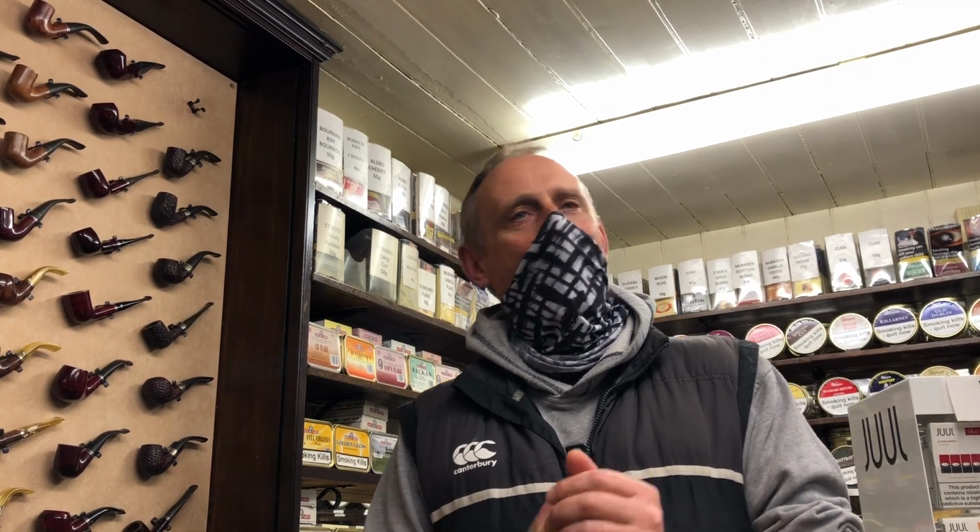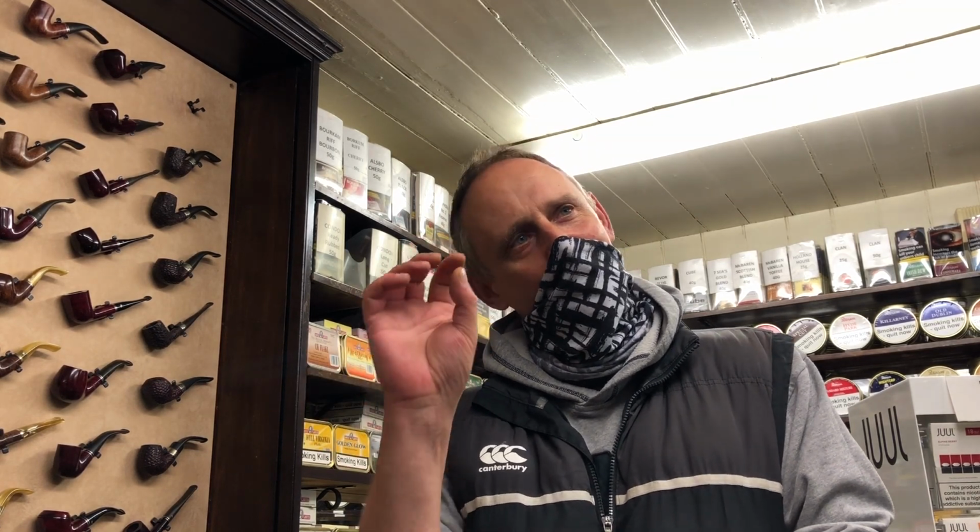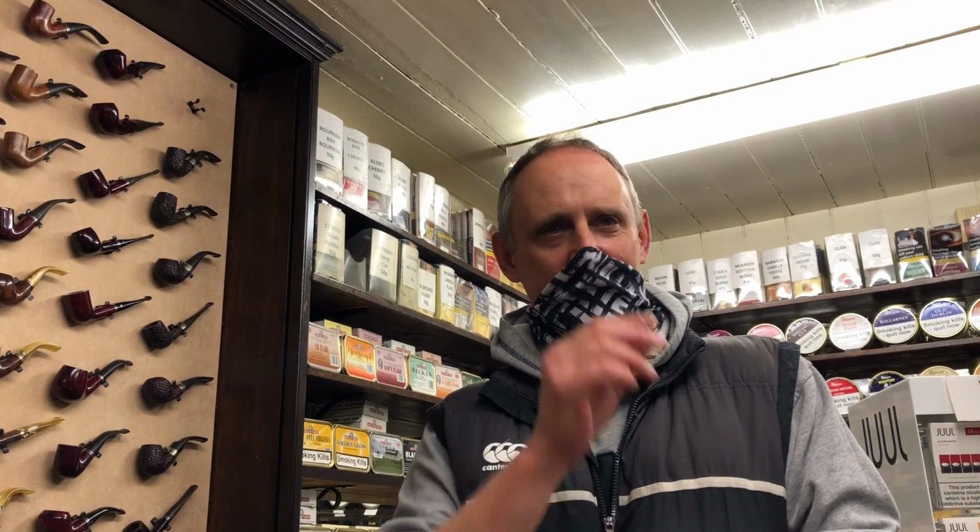Would you recommend then cellaring that tobacco for a while if you had it? You think it's lost then? I don't honestly know. I mean, Samuel Gawith will tell you that if you keep their tobacco for 2 or 3 years, so you actually see the salt crystals developing on the leaves, that's the best time to smoke it. So yes,